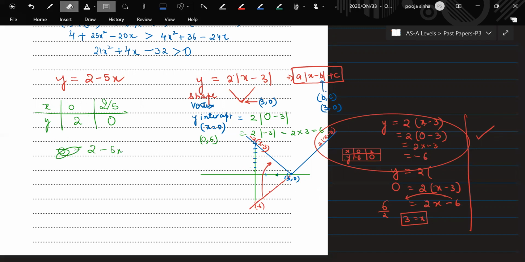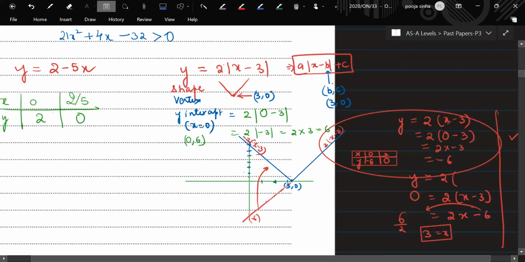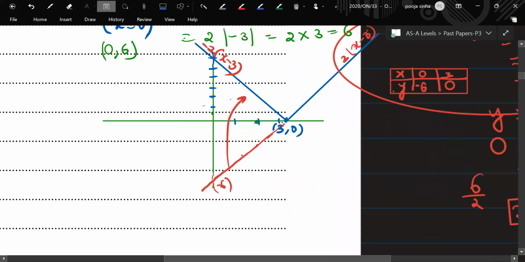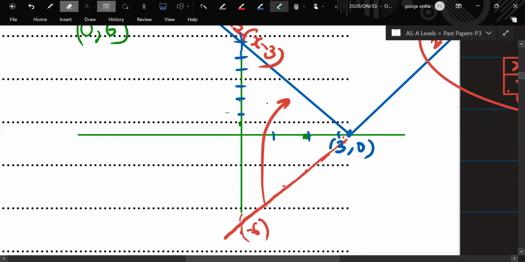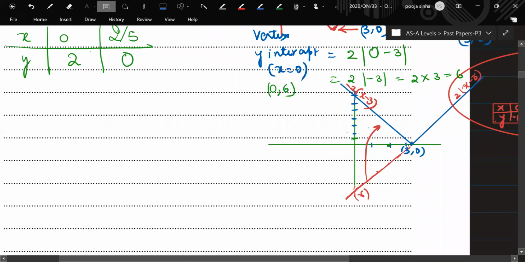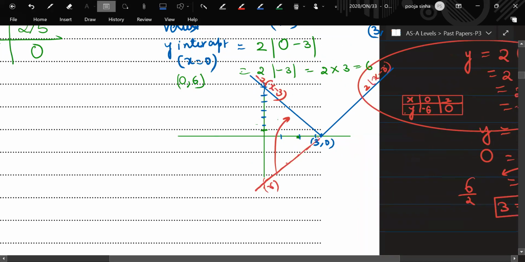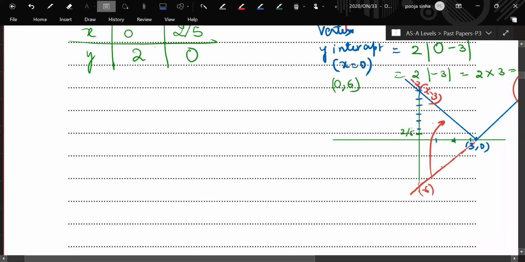Sorry, one second. So this is 1, so this becomes 0.4. When x is 0, this is 2/5. When y is 0,